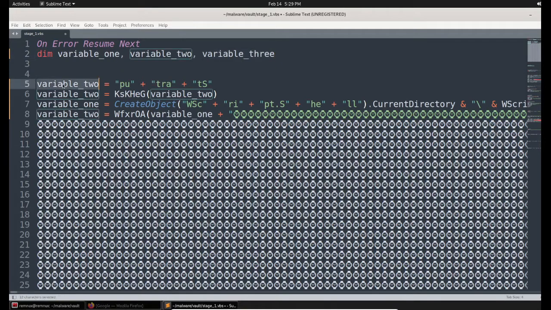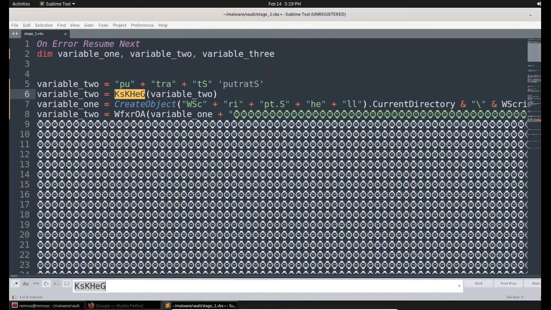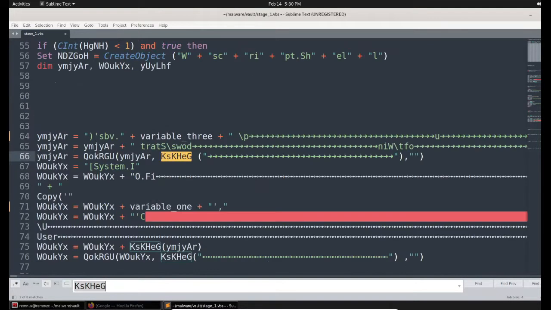Okay, now if I look at variable 2, it contains a string where they concatenated the string. Once they concatenated, the value will look like PUTRA T capital S. So this is the value variable 2 contains as of now. And in the next line, variable 2 is called once again. If you see this function, you will get to know. They called variable 2 as an argument inside this function, and the value is this. And I need to understand what this function is doing so that I'll be able to understand this operation. So let's see the function definition.